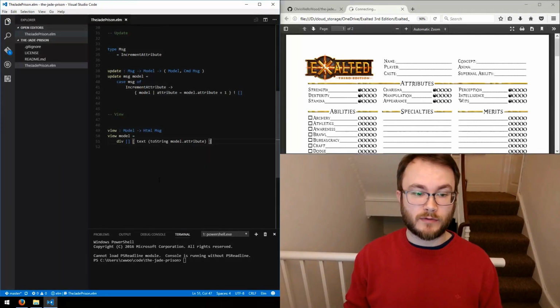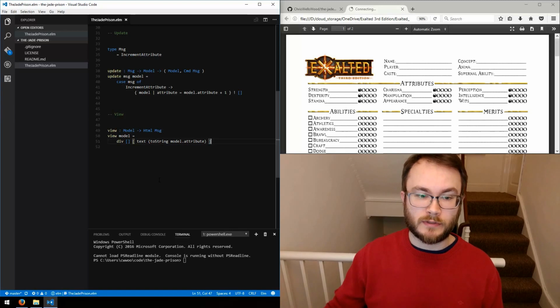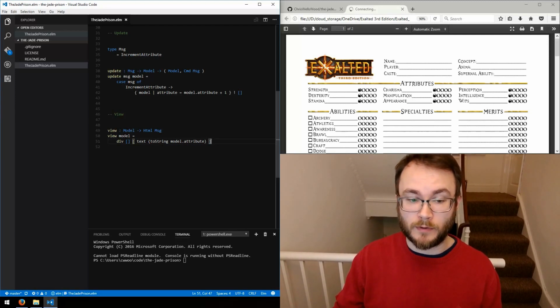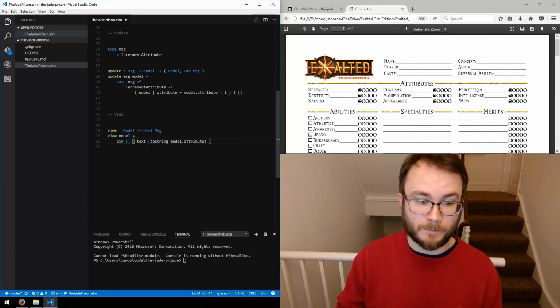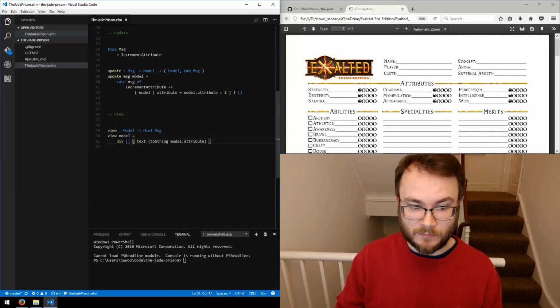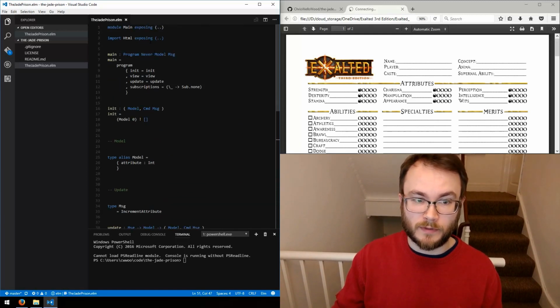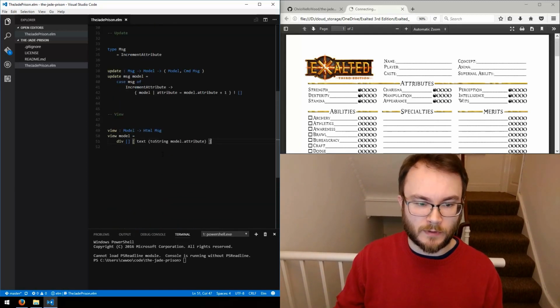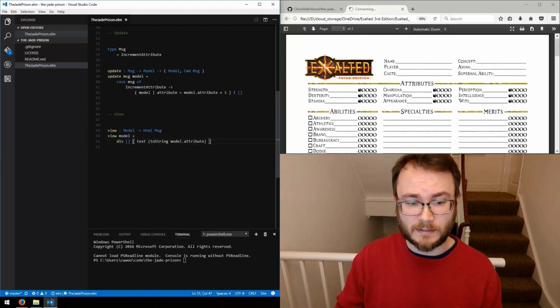Okay, so that's us written our view function. This is, again, pretty straightforward. It takes a model in, the current model that we have, and then it renders some HTML based on that. So you can see here we've got a div element, and this is coming from this HTML module here, and we're putting some text inside it